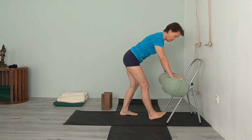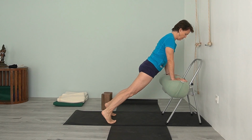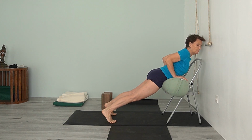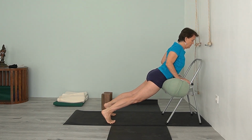So here you're going to come into up dog. Your thighs are pressing against the bolster. Your pelvis is pressing against the bolster. You can just lie down into that. Stretch out through the legs, and then with your elbows bent,